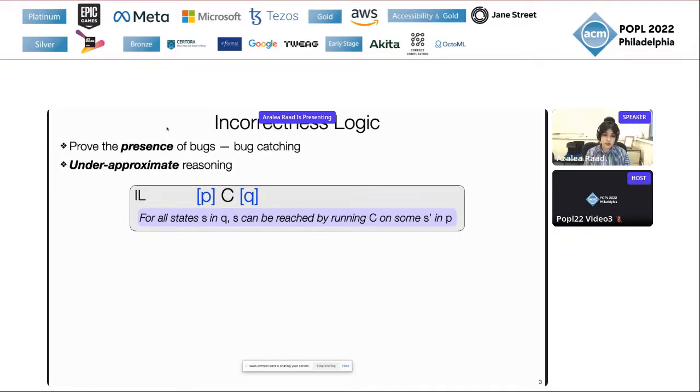Incorrectness logic, the very original work of Peter Hearn, and its later extension, incorrectness separation logic, are both formalisms that can be used for proving the presence of bugs, i.e. for bug catching. This is in contrast to traditional logics where we use them for proving the absence of bugs, i.e. for verification. Incorrectness logic and incorrectness separation logic are both under-approximate forms of reasoning, meaning that we can